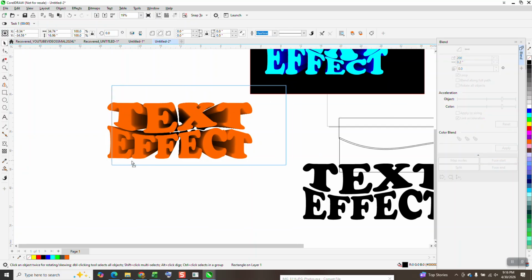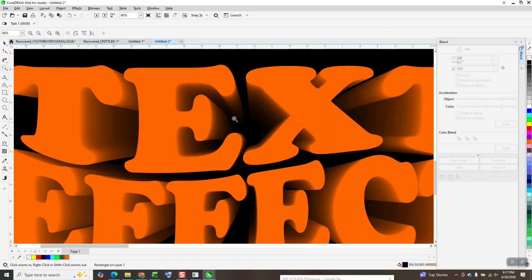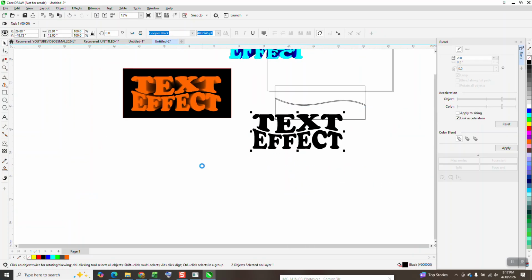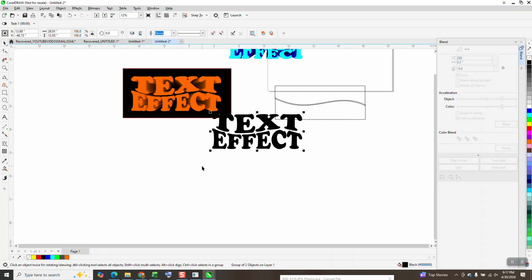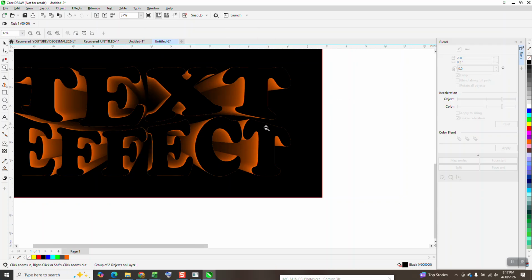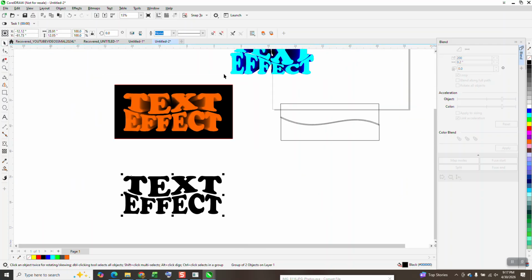Now, if we put a black box around it, you can kind of see the black going into the abyss. Now, this is the exact same one. I'll tell you what, let's group them together. And we can nudge it back and up. I didn't really mean to do that, but that's a pretty cool effect. But we're going to take that back and let's make it